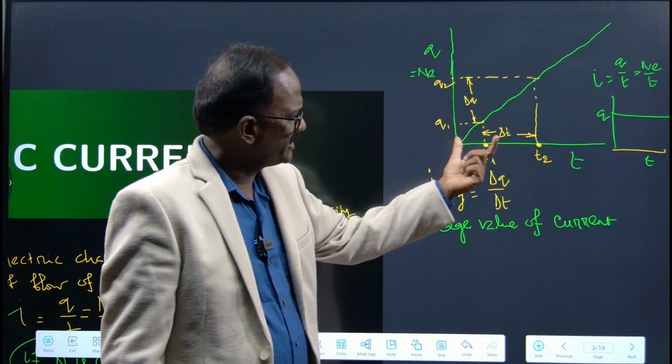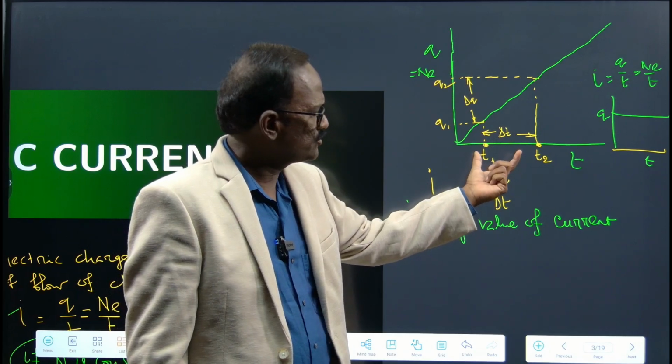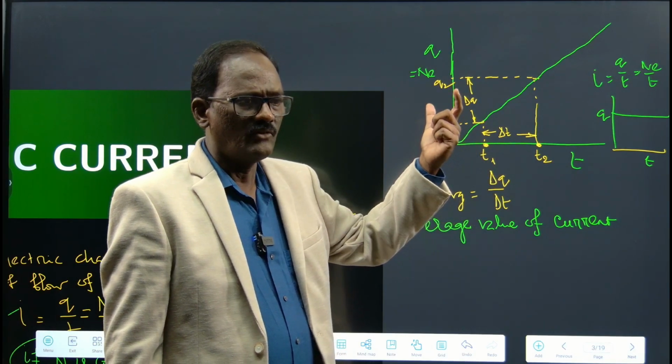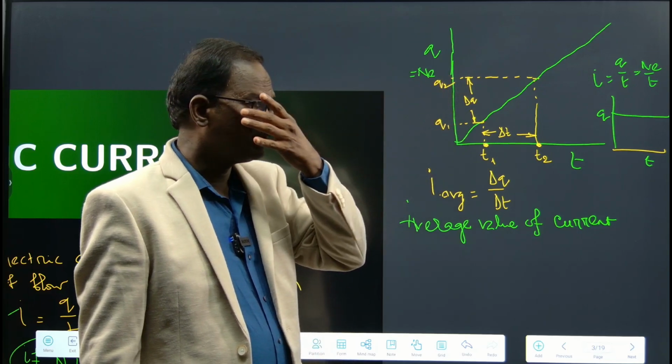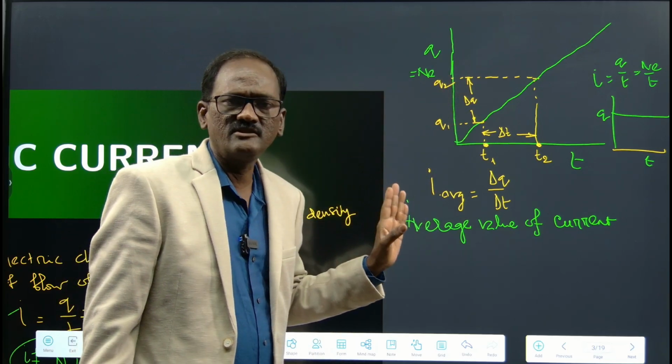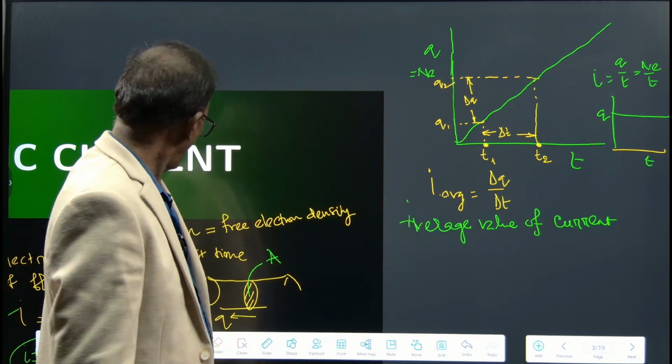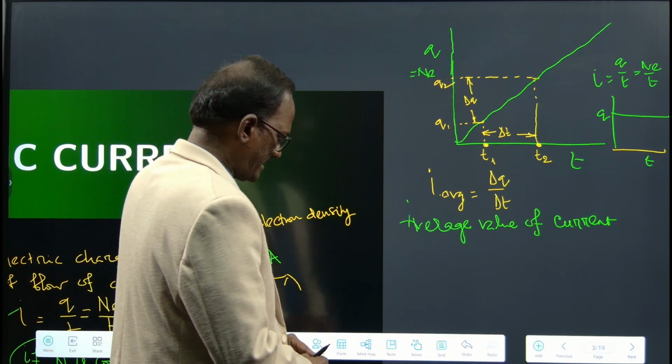Average value between any time interval, between any two times, T1 and T2. What is the time interval you are interested in? You calculate the value of Q1 and Q2, put in the formula and get the average value of current, right? So this is the first case. Second case,